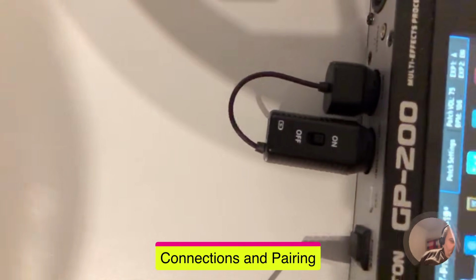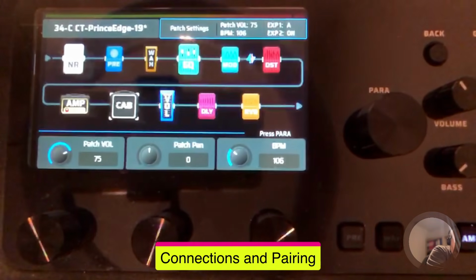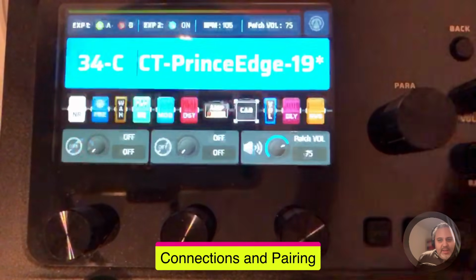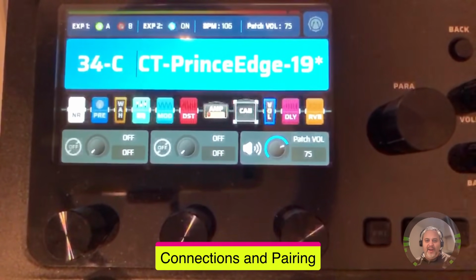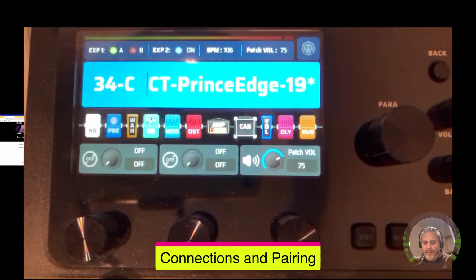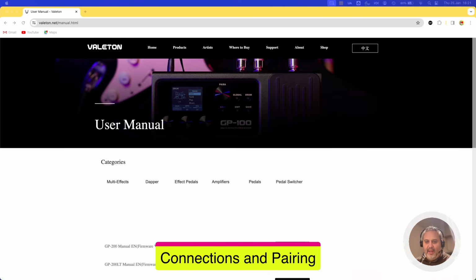So let me move this away. Now I'm going to show you the screen on the camera. I will center the screen of our Valeton, because in a moment I'm going to show you how to control it using your smartphone that sends some MIDI commands. But before that, of course, we need to switch to another view. Give me a moment. So I'm going to this. Now we have still the screen, but for the moment I can hide it, because the first thing we are going to do is